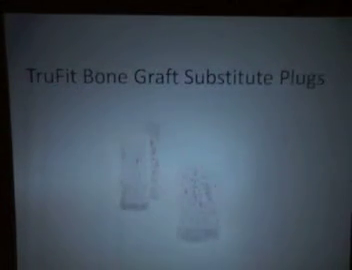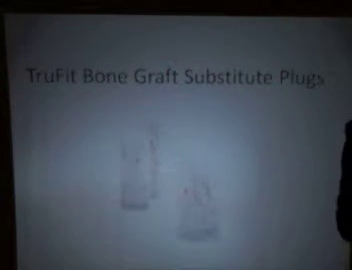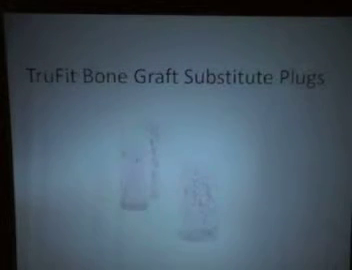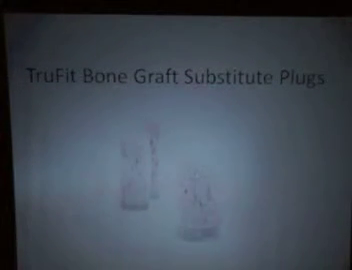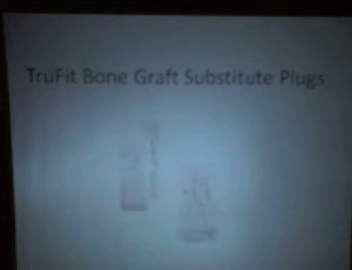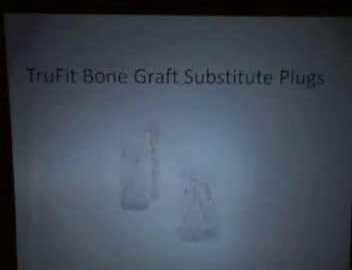So this is a synthetic bone graft substitute with an articular cartilage-like material on the top. It's called a TruFit bone plug, and this is something that can be used instead of the native core of bone and articular cartilage, and something that can be used as an adjunct, for example, if we don't obtain enough